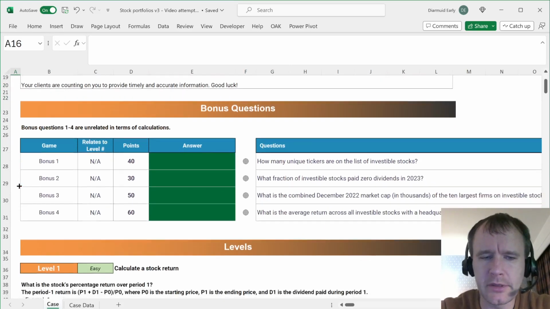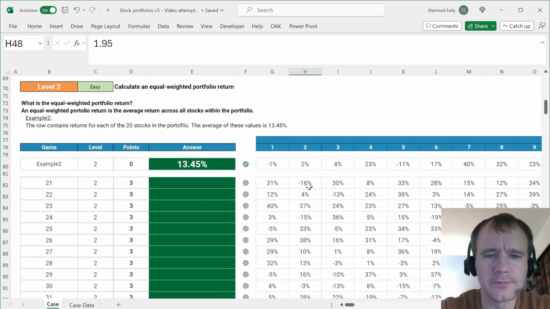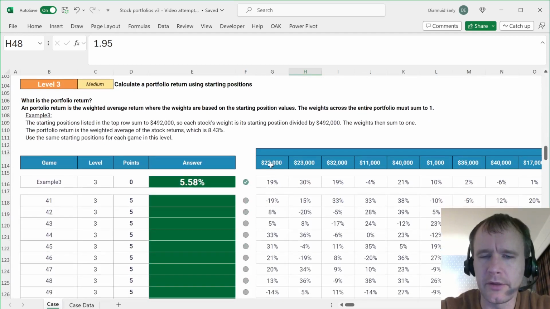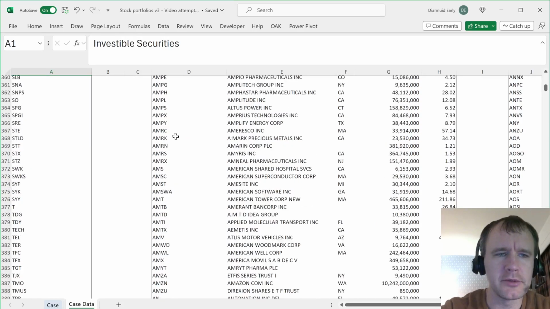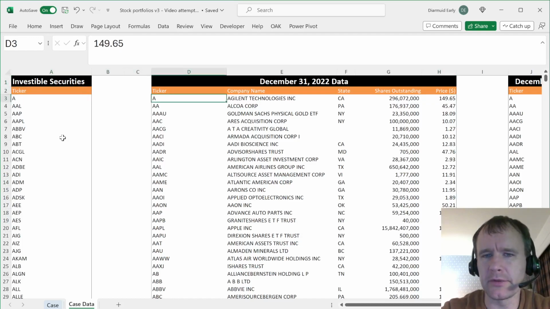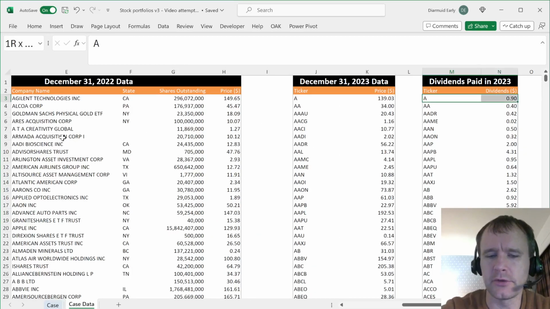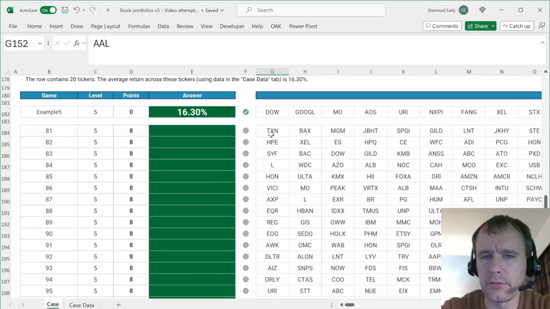So the idea is pretty simple. I'll walk through the individual questions as I come to them, but it walks you through the basics of calculating a stock return if you have a starting price, an ending price, and a dividend. The basics of calculating an average return over a portfolio, unweighted and then weighted by the size of your investment. And then we've got a bunch of supporting data here on a list of investable securities, some data about those securities at the end of 2022, about price at the end of 23, and dividends paid during the year, so that we can calculate returns on actual stocks, then on portfolios of stocks, and then